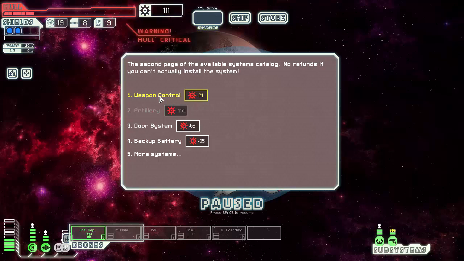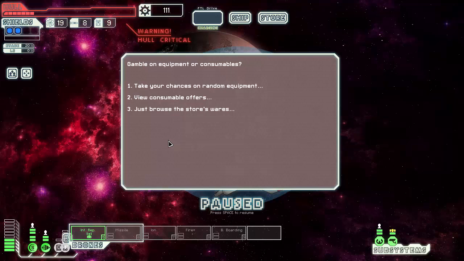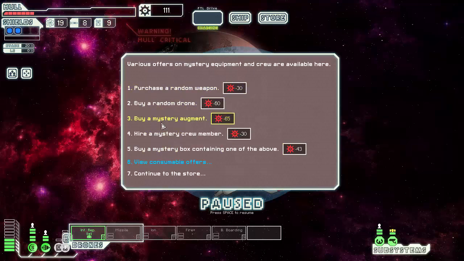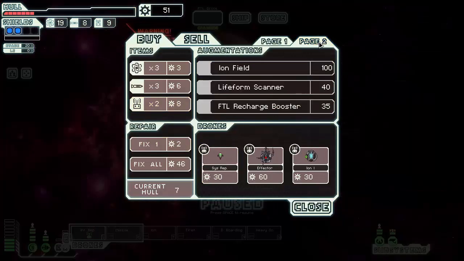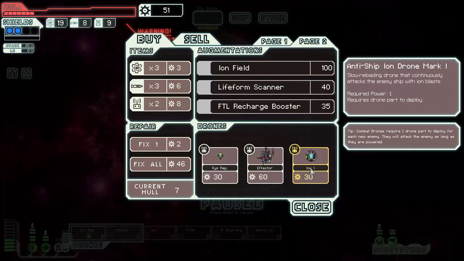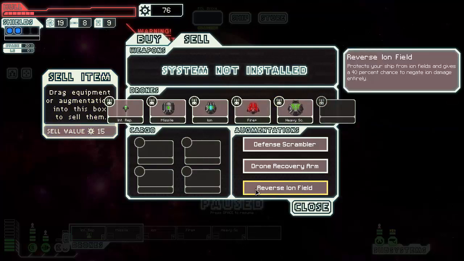21 for weapon control. Unfortunately, it doesn't work. There's no room assigned for weapons, so let's try a random drone. Okay. And we get another ion drone. Yeah, I think we do want that. Which means you get booted out. I'm gonna...